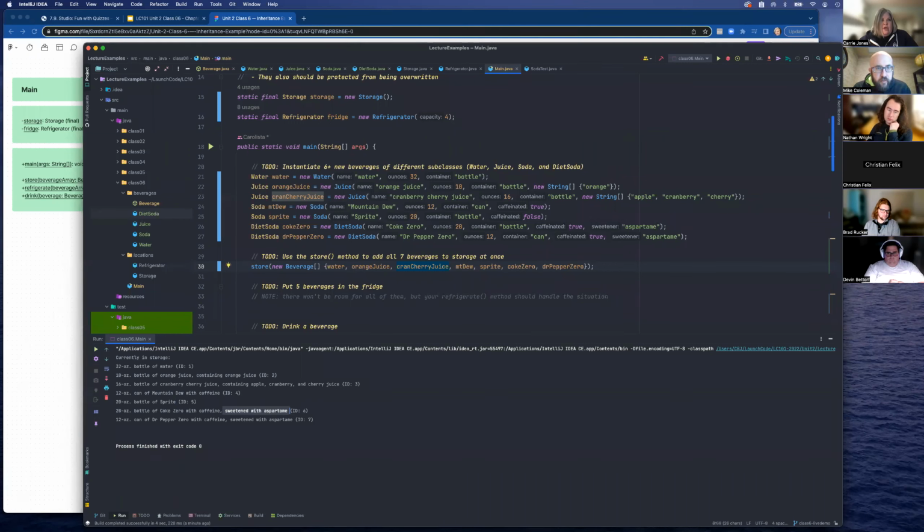And you'll notice I've said put 5 beverages in the fridge. There's not going to be room for 5 beverages, but our refrigerate method is set up to handle that, to prevent more than whatever the capacity is. So let's go ahead and do it anyway, though. So we're going to refrigerate,